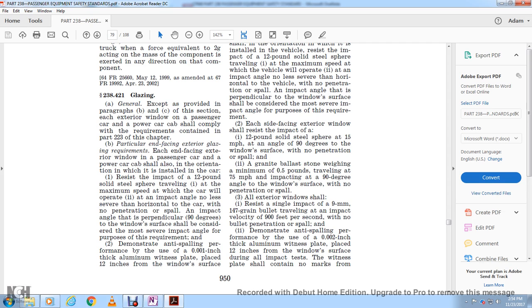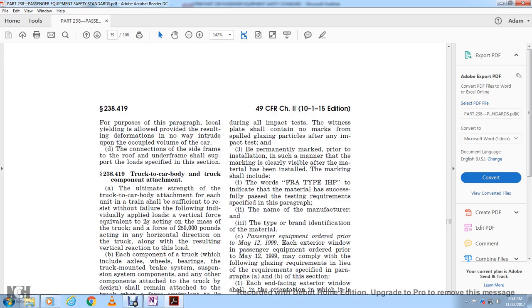Demonstrate the anti-spalling performance with the use of a 1/10,000th of an inch thick aluminum witness plate placed 12 inches from the window surfaces. During all impacts, the witness plate shall contain no marks from glazing particles. Prior to installation, the glazing shall be permanently marked in such a manner that the marking is clearly visible after the material has been installed. The marking shall include the words FRA type IHP, indicating the material has successfully passed the testing requirements specified in the paragraph,